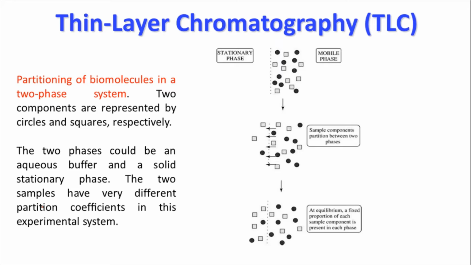Chromatography is basically divided into liquid chromatography and solid-liquid chromatography. Liquid chromatography means the stationary phase is a liquid and the mobile phase is a liquid, so the liquids are easily soluble. In solid-liquid chromatography, the stationary phase is a solid and the mobile phase is a liquid. Here the solid is effectively not dissolved in the liquid mobile phase.